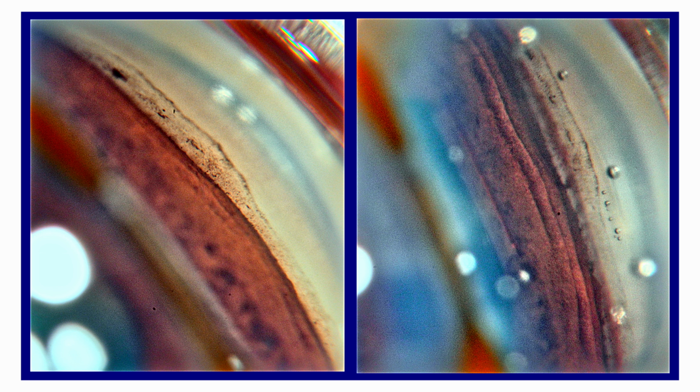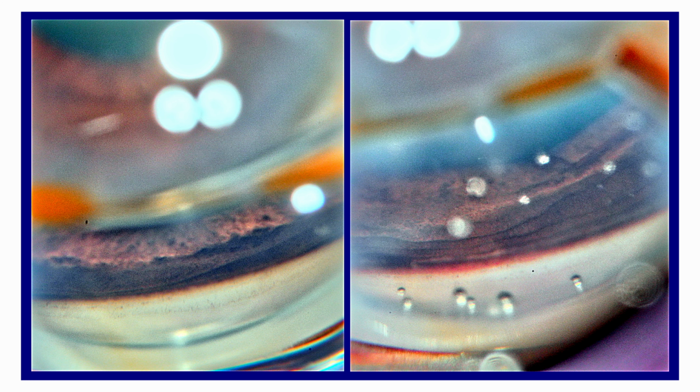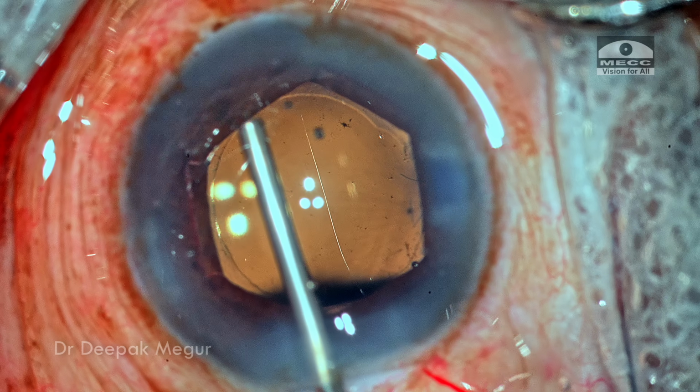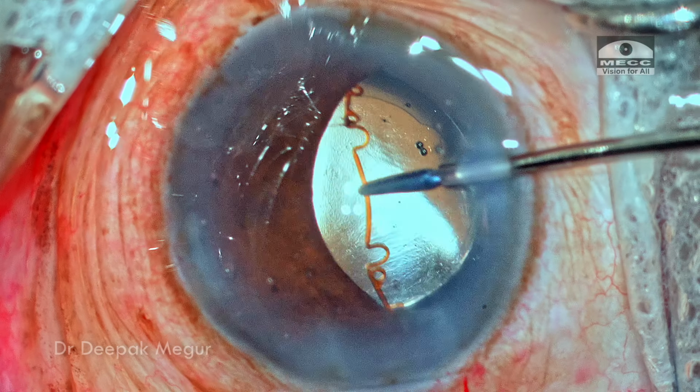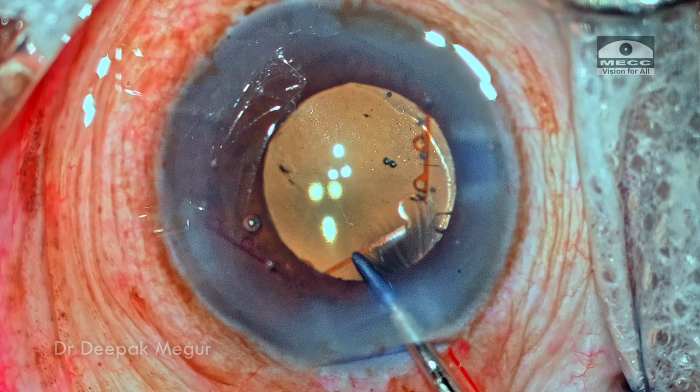So in all these pictures, it's very clearly seen that the angle opening is quite dramatic once the natural lens is removed. A cause for concern in this patient would be the amount of pigmentation. The entire angle seems to be very densely pigmented, as is to be expected in an eye with pseudoexfoliation. And in these eyes with densely pigmented angles, the risk of intraocular pressure rising subsequently would be quite high, and my advice to my patient would be to have a lifelong follow-up and always get the intraocular pressures checked quite